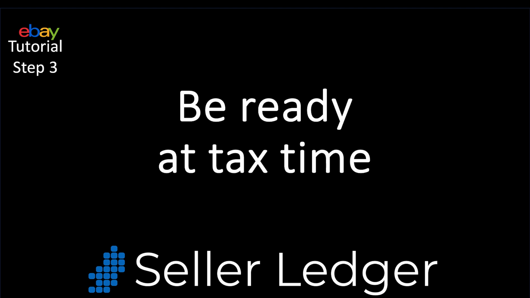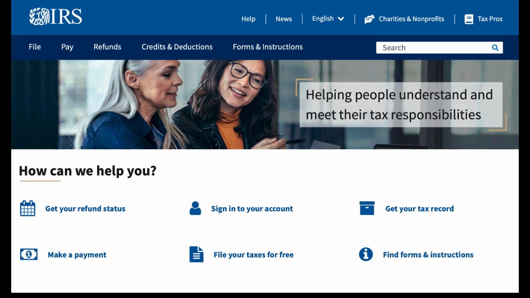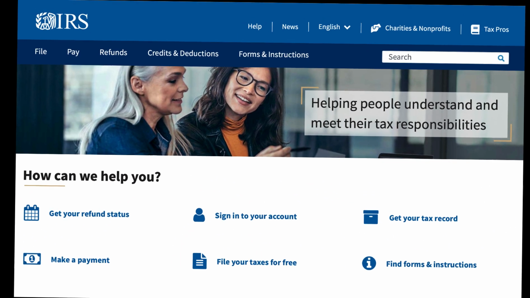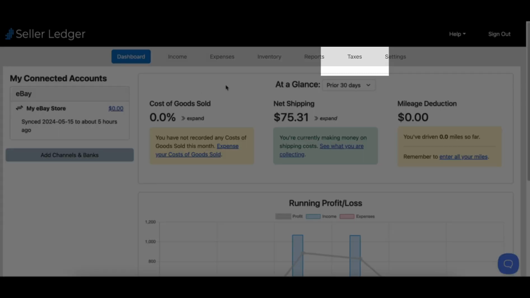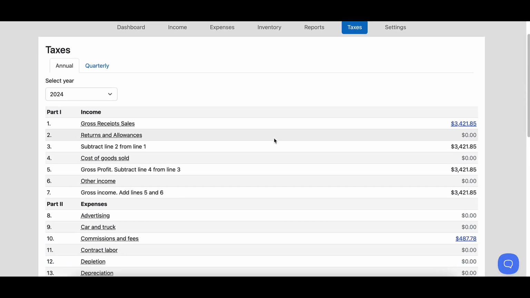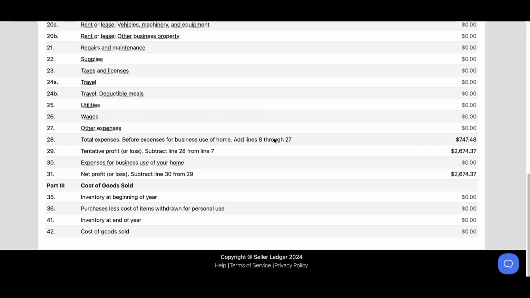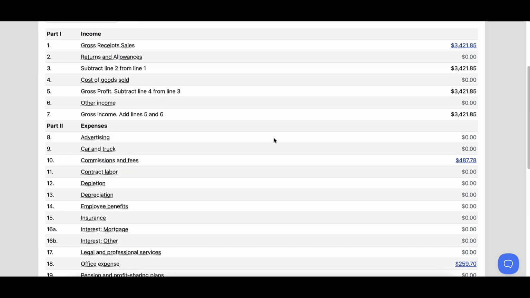Now that you have your eBay account linked and have seen a bunch of your eBay transactions categorized, let's talk about the number one reason we all have to do this bookkeeping in the first place: taxes. This is where Seller Ledger shines, and you can click on the Taxes tab to see how. Seller Ledger generates an annual tax report that replicates your Schedule C tax form down to the exact line numbers